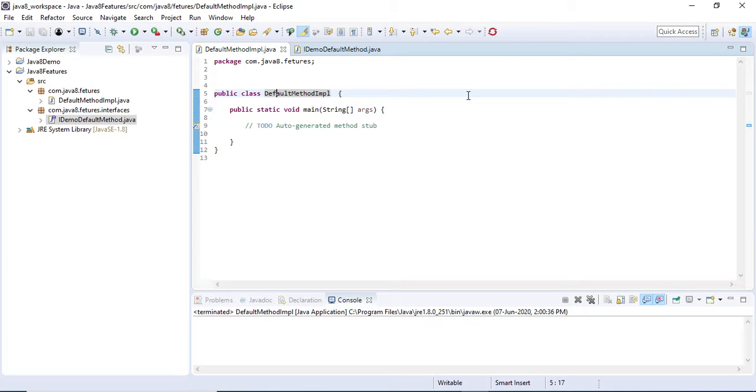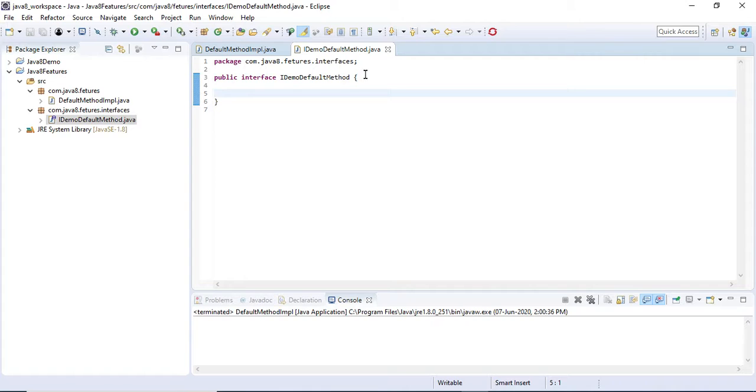So we'll see what a default method is, what the benefit of a default method is, and why we are using default method in Java 8, and I will show a small demo on the default method. So first, what is the default method? Any method in an interface which has a definition like this: public default void. Void is the return type, so it can return anything. So this type of signature is there and it has the definition.